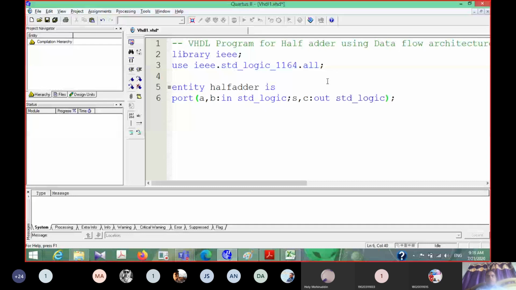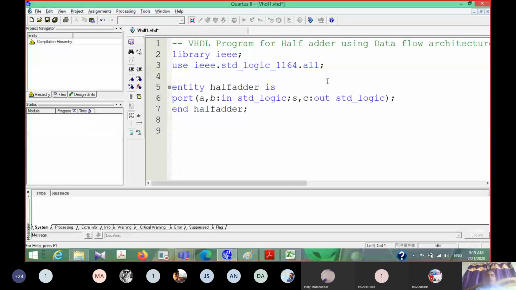Once we complete all the input and output pins, complete the small bracket and the semicolon. So our port declaration is over. Then let me end the entity, and here you can write the entity name, or you can write end entity. Both syntaxes are valid.